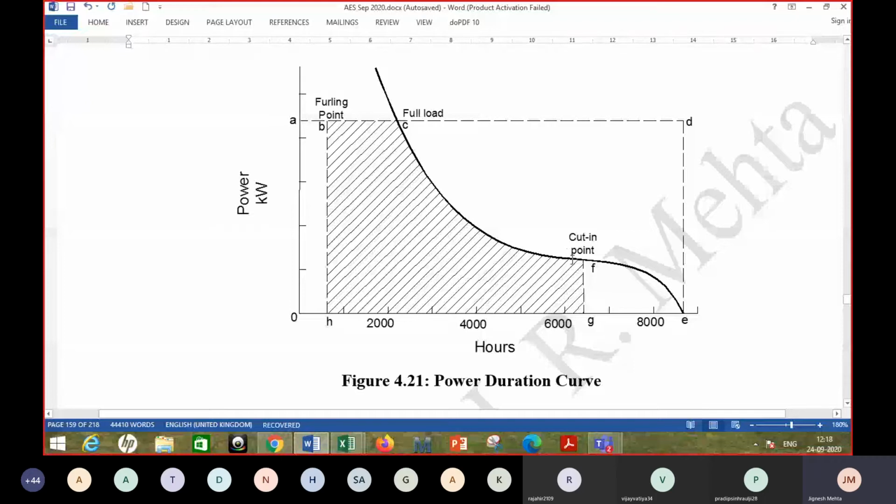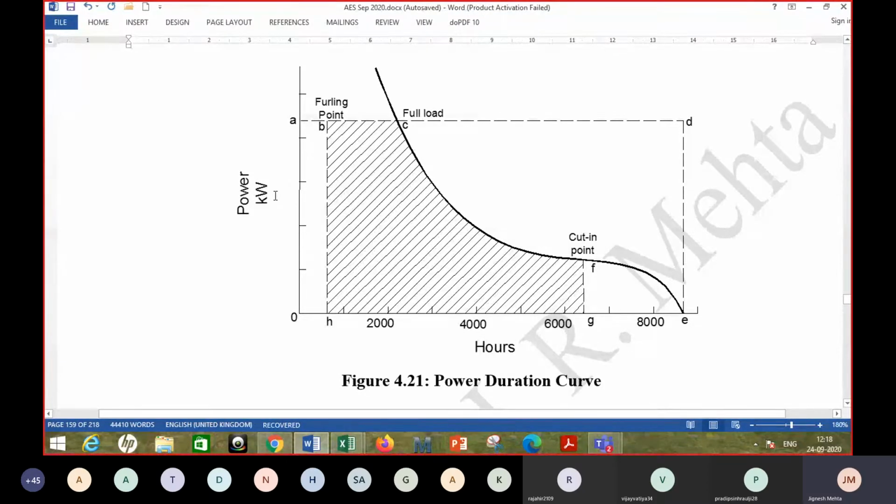And the higher the velocity, the higher the power you will be able to produce. So you can see it increases very rapidly, kind of exponentially. It increases very fast because it is the cube of velocity that you are talking about. Then you will reach a point where the power produced is,